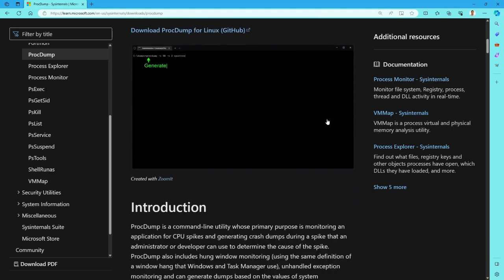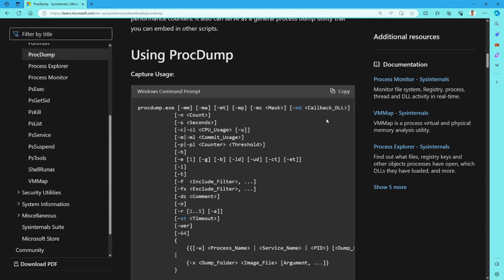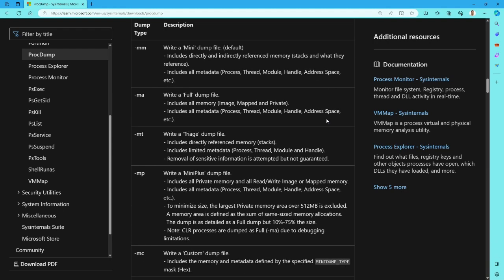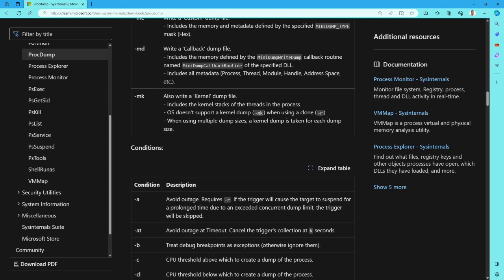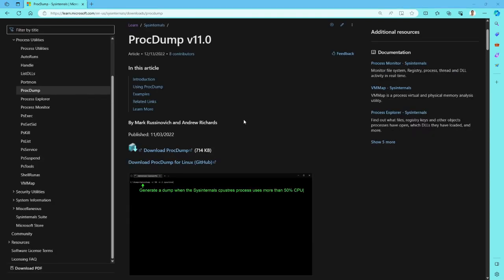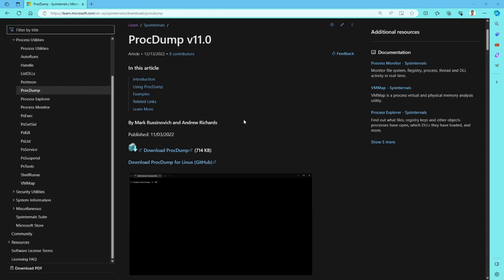Once you do that, you can run it from an elevated command prompt, and then you can just follow this document to see what options are available. Depending on your specific scenario, you can use those commands to take your dump. Procdump has a lot of switches or parameters through which you can take your memory dump exactly at the time that you need. For example,